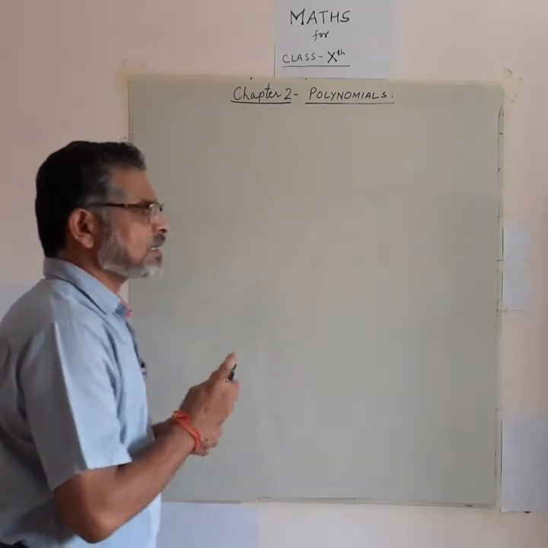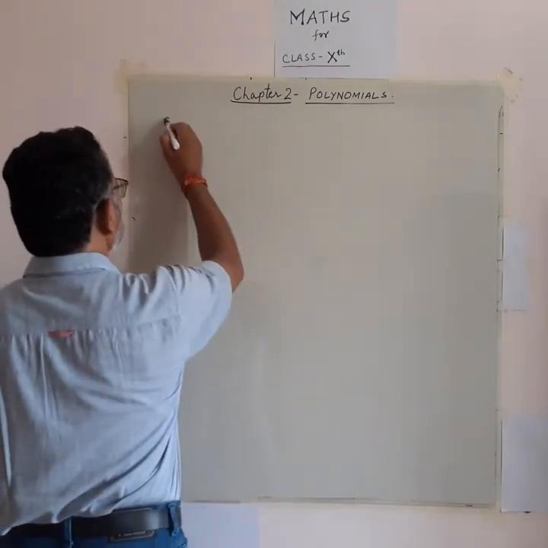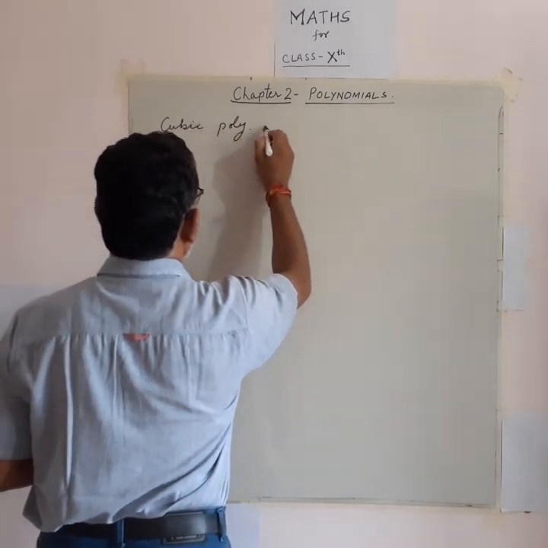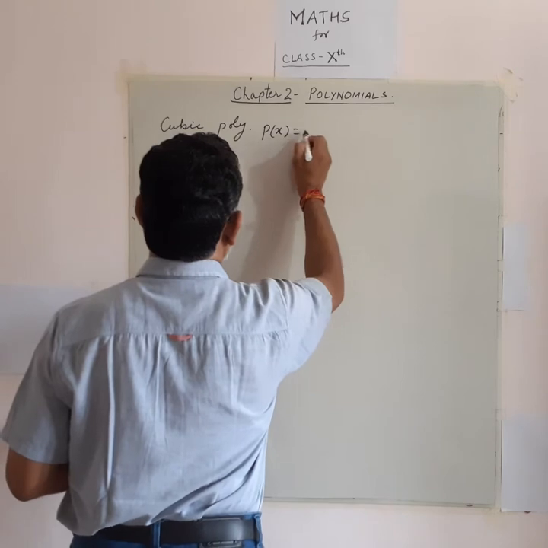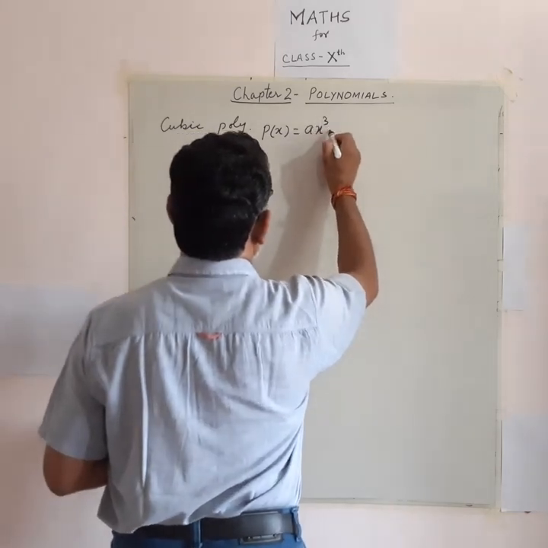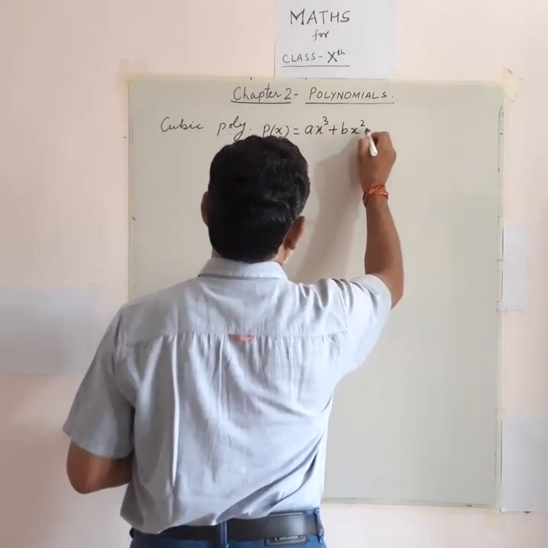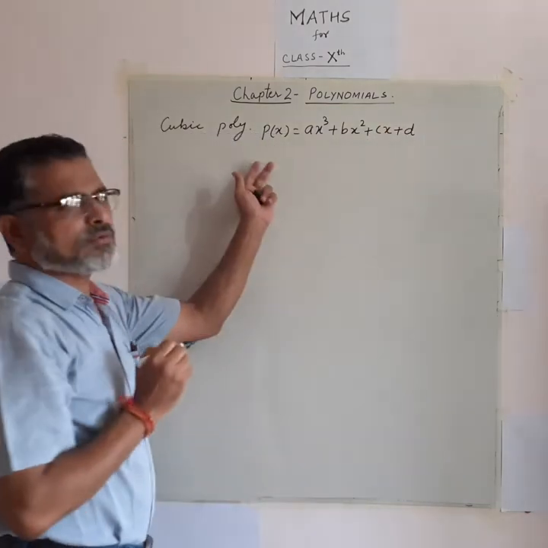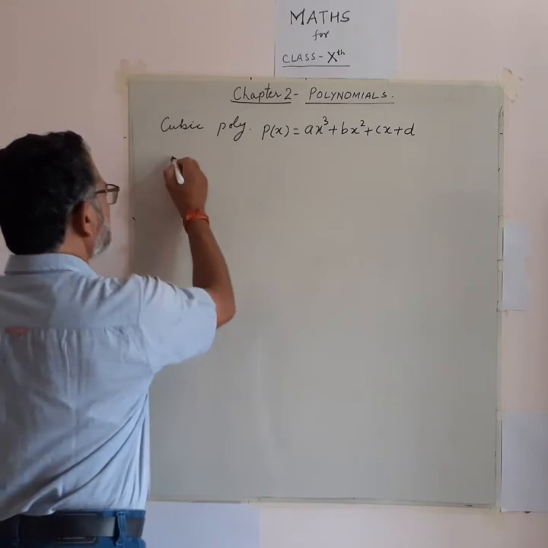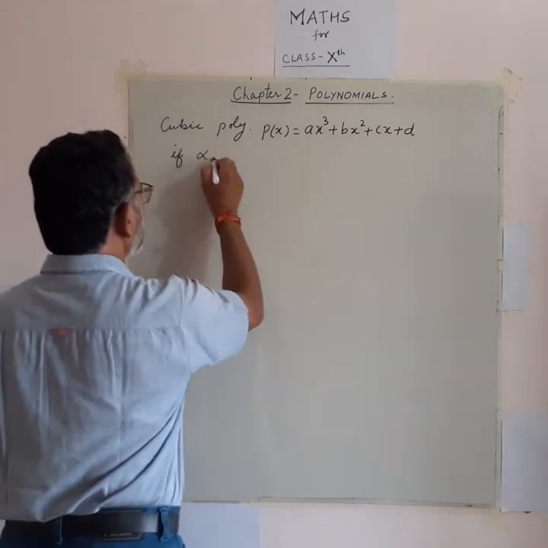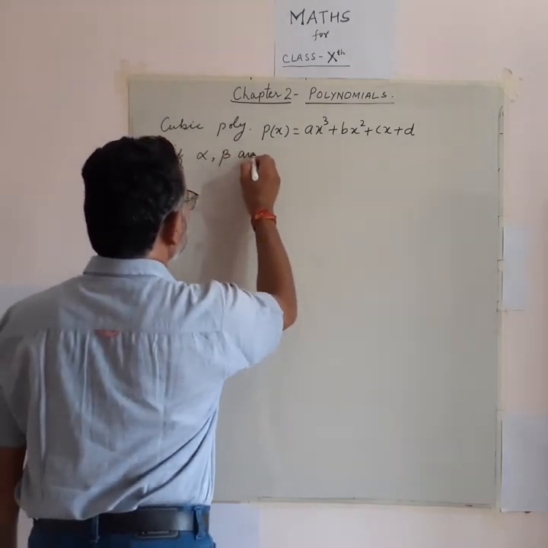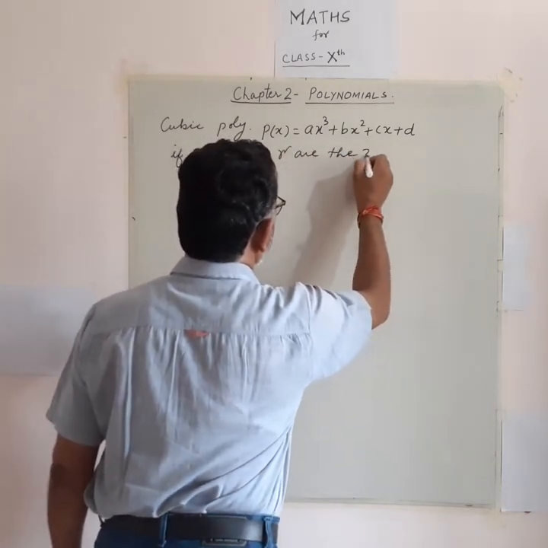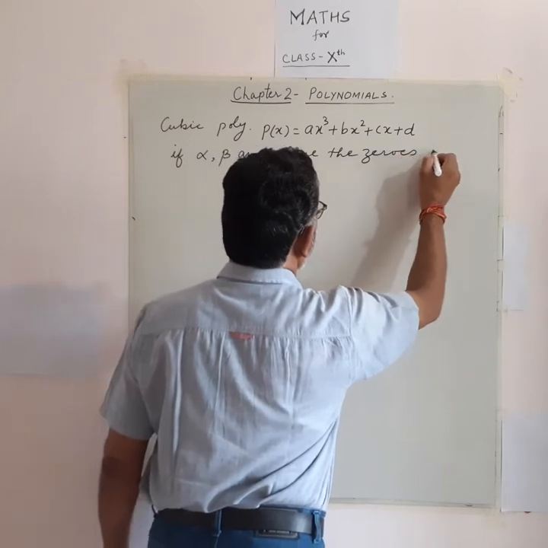So what is a cubic polynomial? Let a cubic polynomial p(x) equal ax cube plus bx square plus cx plus d. This is the general form of a cubic polynomial. If alpha, beta and gamma are the zeros, then